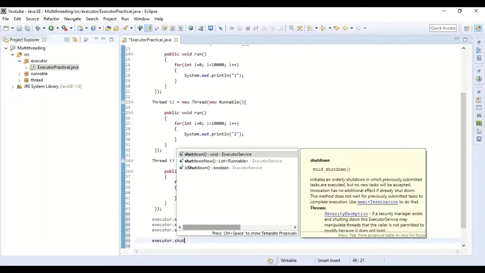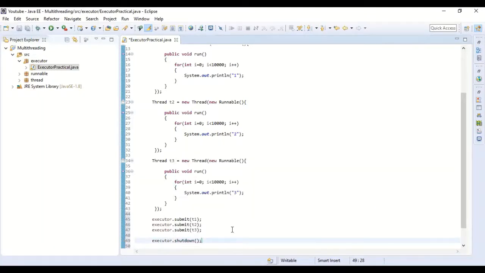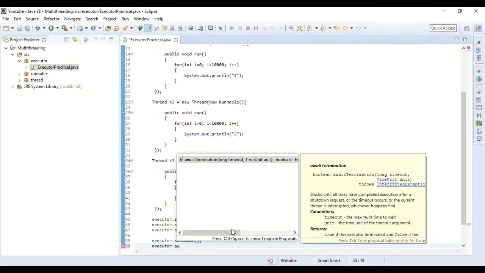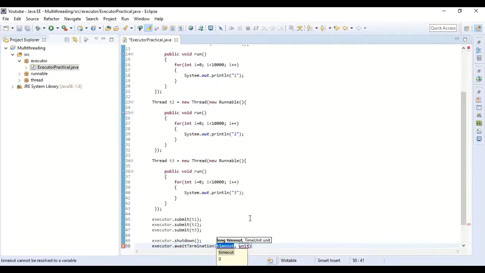What this method will do is wait for the execution or the termination of all the tasks that have been submitted. And we can also have executor.awaitTermination, so that we give a timeout. Let's give a timeout of 1 day, and if within this time the tasks are not completed, it will stop and terminate these threads.